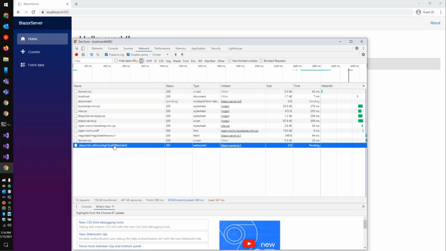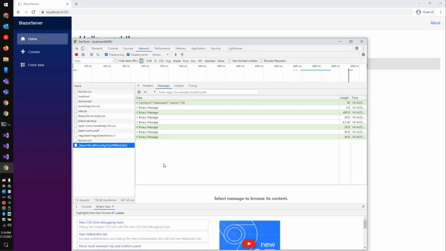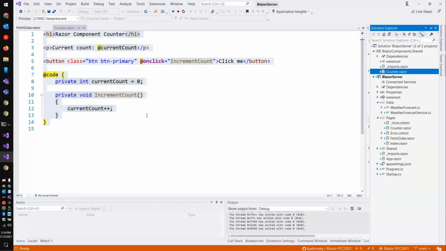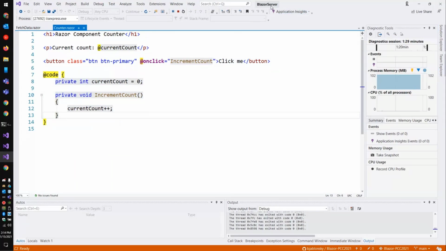And so what this is responsible for is that SignalR communication back and forth to the server. So that anytime there's a UI event, it can push a message to the server, the server can handle it, render the UI, and push that back to the client so that the client can render it. So let's go ahead, and this is their Blazor server. We're going to put a breakpoint right here